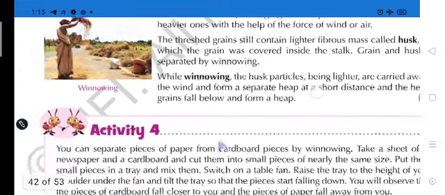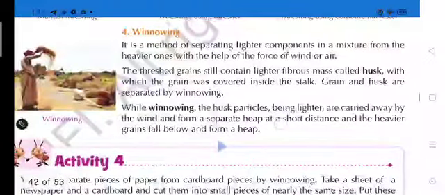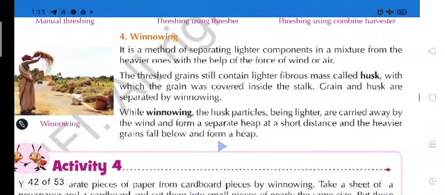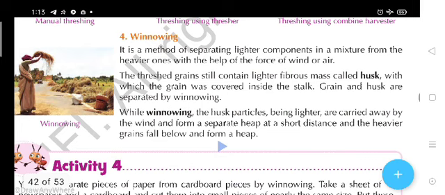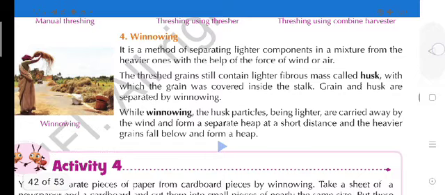It means there will be accumulation of different particles. One side there will be, let me draw a picture. If someone is dropping that from a height, then what happens? Okay, the heavier particles will be here, and the lighter particles will accumulate here, and the direction of blowing wind is like this. I hope you have understood.